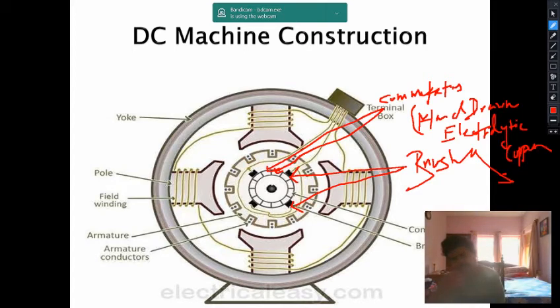It is made up of hard drawn electrolytic copper, because copper has the reputation of having one of the best electrical conductivities. That's why we are using hard drawn electrolytic copper. And you see over here, between each of these segments, there is an arrangement as shown by red. Two commutator segments are separated by mica sheets.